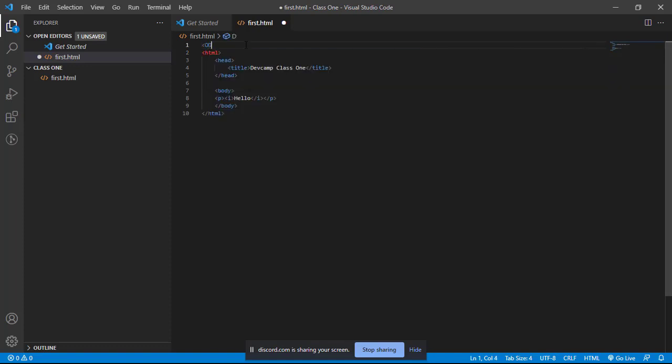Doctype html. This tag is actually a special tag that was introduced with HTML5, which is the latest version of HTML, which is used to tell